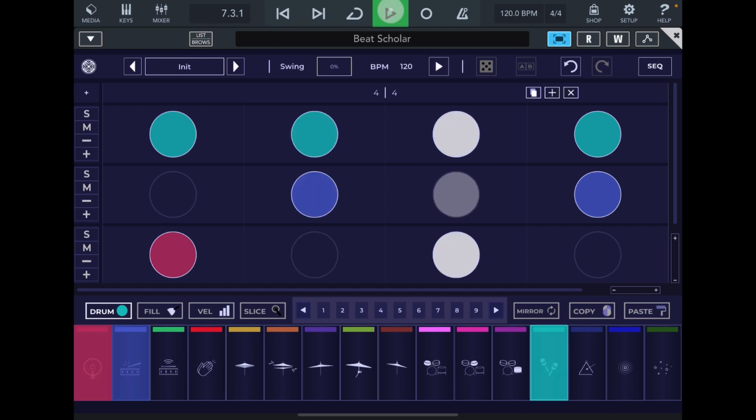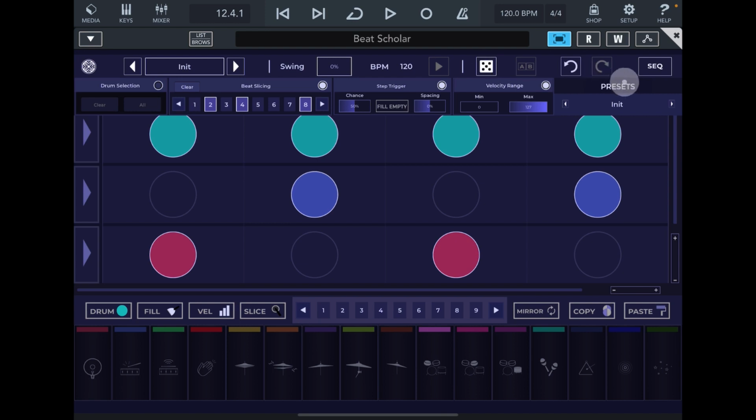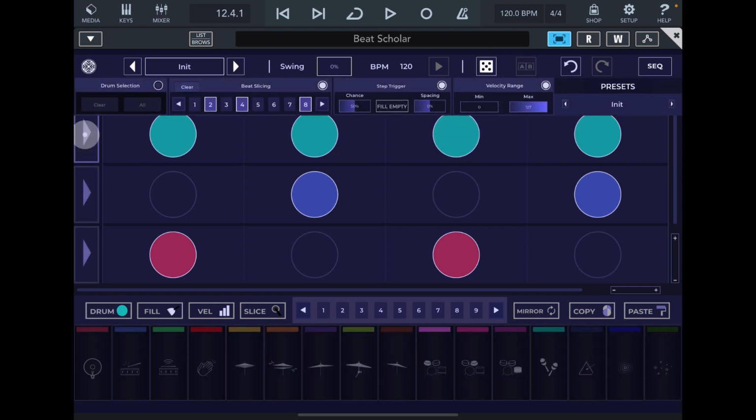Okay, let's play. If we tap on randomization, it opens this other menu. And you'll notice what happens is this will change to arrows pointing forward. So you've got these arrows pointing forward. You also have little things that switch things on and off. So for instance, if I switch this off, and the velocity range off, and leave drum selection on, and just tap one drum,